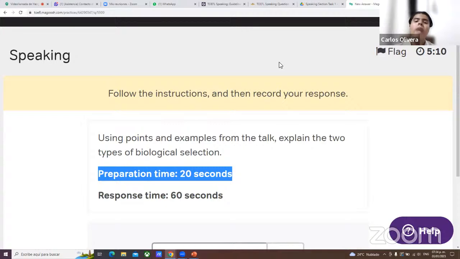And when you listen to that, another chronometer is going to appear on your screen, having 60 seconds in this case, and going backwards once again. 60, 59, 58, 57, 56, 55, until 0, right? And well, as I say, always frame your responses within the time they give you. If they give you 60 seconds, it's because of a reason.